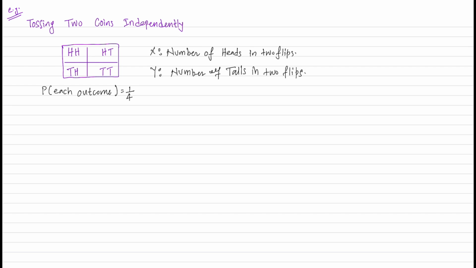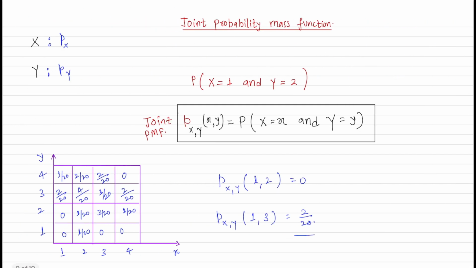Right? And if you observe, these two random variables here are dependent and they have a relation. What's the relation and how are they dependent? One more thing I wanted to mention: I still haven't talked about the dependence or independence of random variables, which I will talk about in the next few videos. But I just wanted to show you, from the experiment, how you get the probability mass function